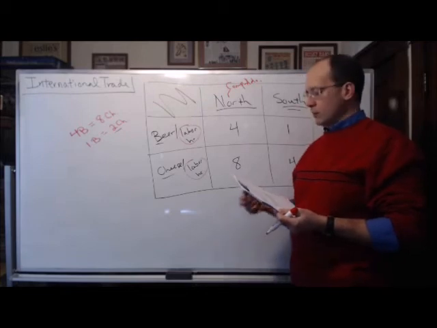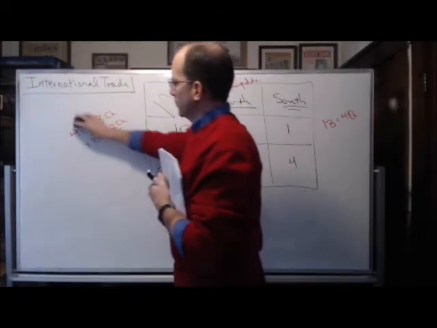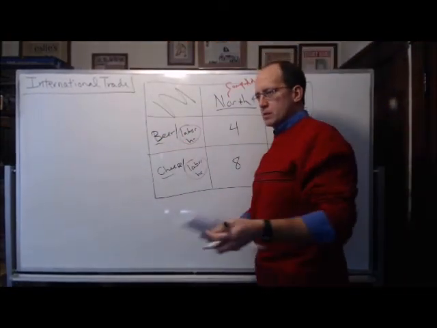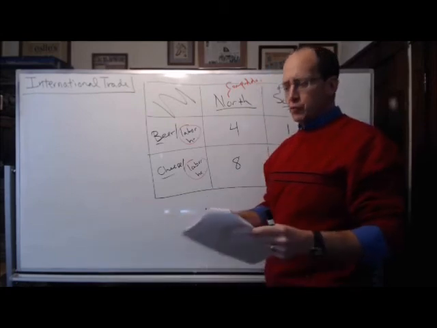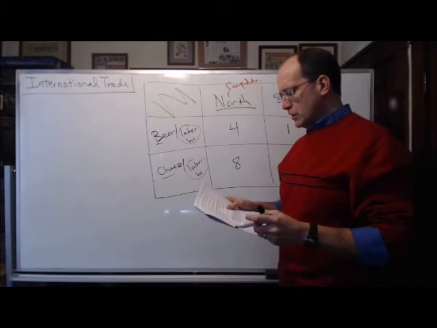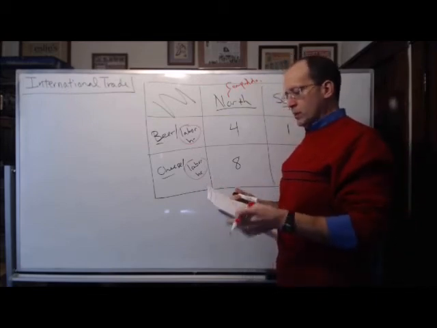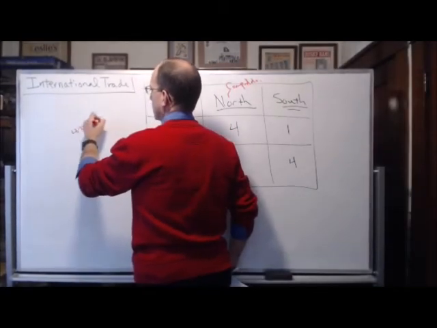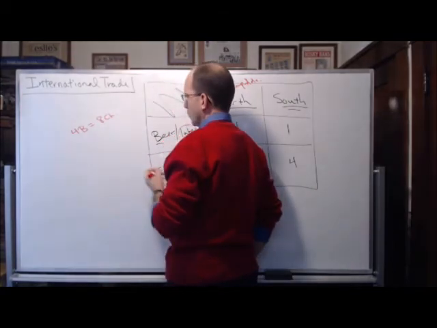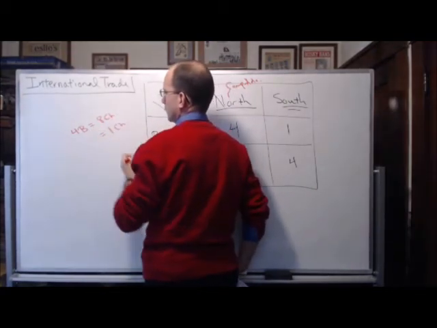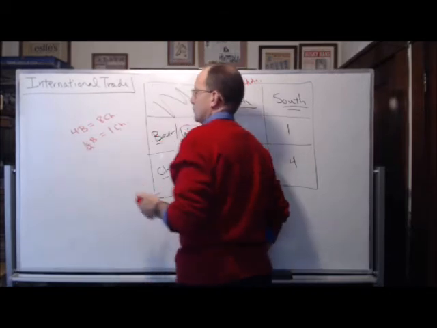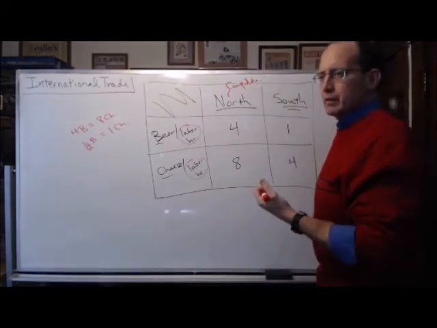Then for question 5, it says, well, all right, who has the comparative advantage when it comes to making cheese? And you might say, well, that's easy, right? It's going to be the South. And you're right, it is going to be the South, but let's prove it. So what is the opportunity cost to the North of producing 1 more cheese? Well, again, remember that 4 beer equals 8 cheese in the North. So what's the equivalent for each cheese? We got to divide both sides by 8, and 4 over 8 is 1/2. So the opportunity cost to the North of making 1 more cheese is 1/2 of a beer. That's what they give up.